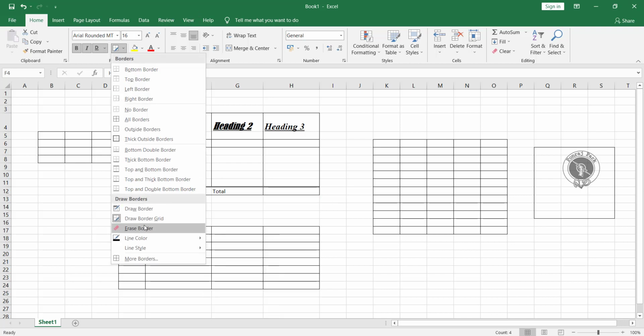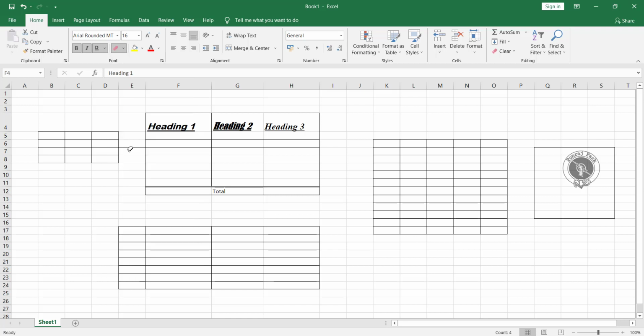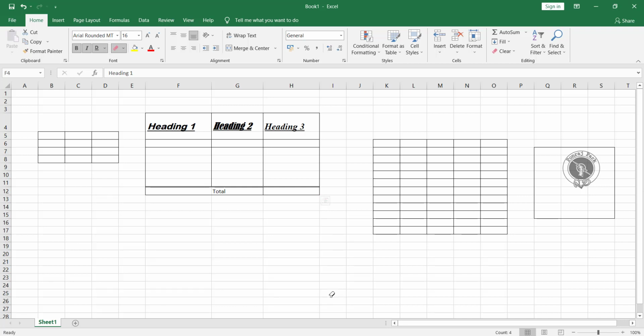Then next we have erase border. If you want to erase some borders, like this extra border, you can see here, I want to remove it, simply click, it will get removed. Like this, I don't want this border which I had applied, you can just hold and select it all, it will get removed. So whatever you are selecting, it will erase that way only. And if you want to disable this erase, you can simply click here and continue your work. So like this you can enable or disable it from here.